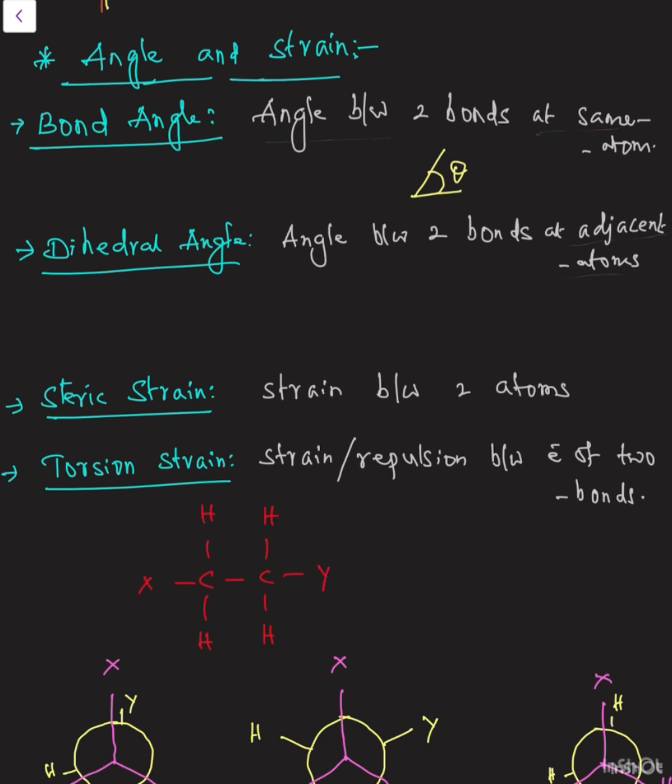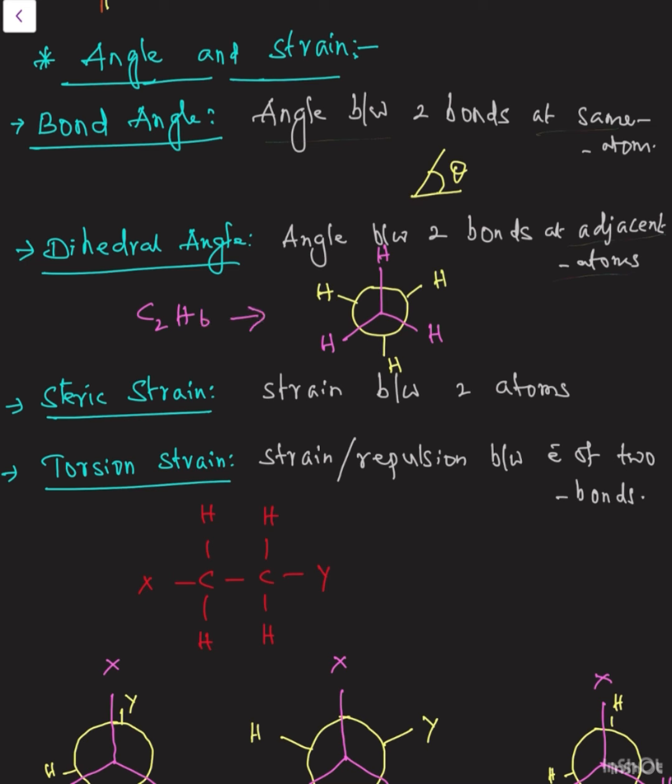Dihedral angle. Adjacent atoms means just now I represented front and back side molecules. So here, this is nothing but what? I'll take the front one with the help of pink color. The front carbon is this, whereas the back carbon is this, on which hydrogens are present, CH3 and CH3, that is a C2H6 ethane molecule you can consider. On this also we have hydrogens. So this is nothing but a C2H6 molecule, 2 carbons, 6 hydrogens.